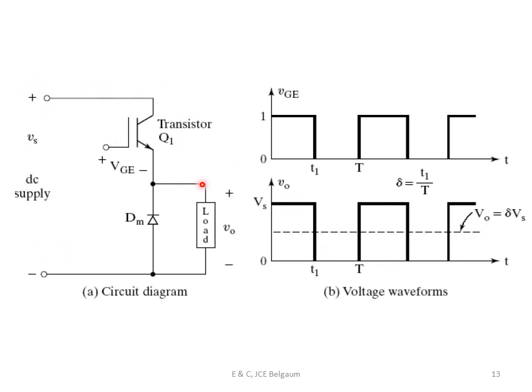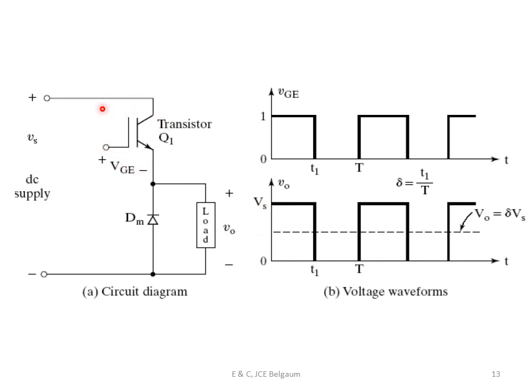So this is the basic principle of a chopper: your input supply voltage Vs is allowed to come to the load for some time, right? And other times it is not allowed to come. How long it is allowed to come will decide whether this average value will go up or come down. So how do I control this on time?